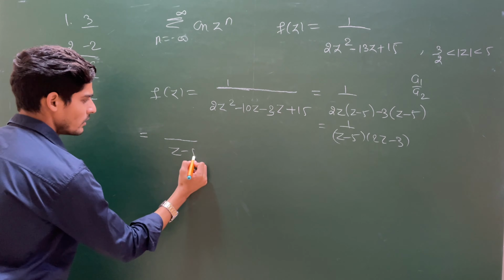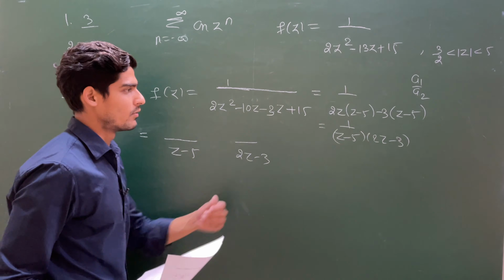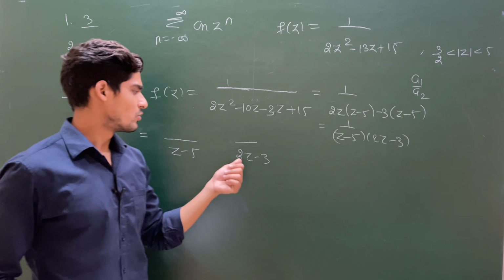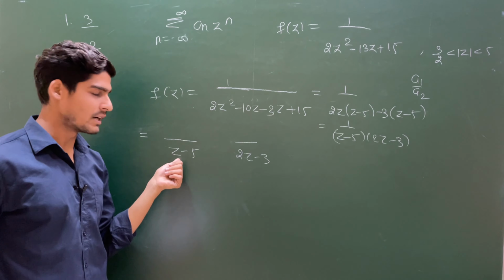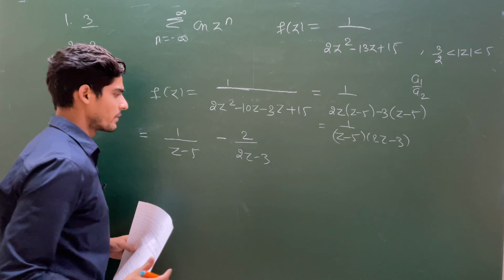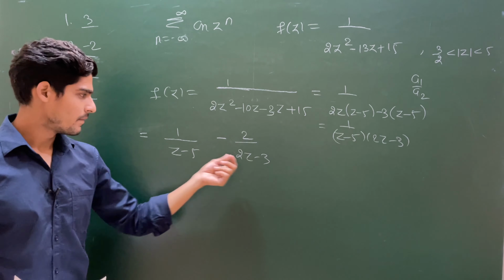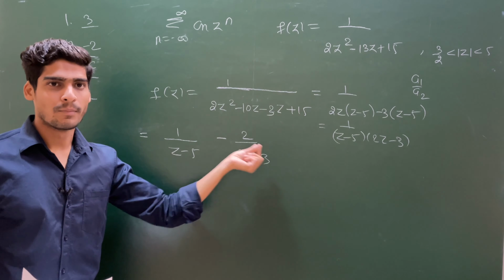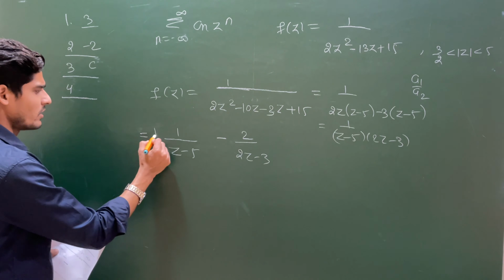What you do is write z minus 5 and write 2z minus 3. So you have to remove z from above. If you use 1 here, you will have 2z minus 3, so you have to use 2 here to cancel this 2. So let me use 1 here, let me use 2 here, because if I use minus, then I can only cancel. So you will have 2z minus 3 and minus 2z plus 10. So minus 3 plus 10 will give you 7. So let us divide by 7.